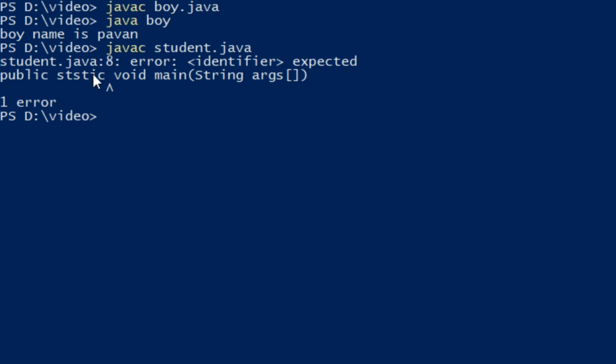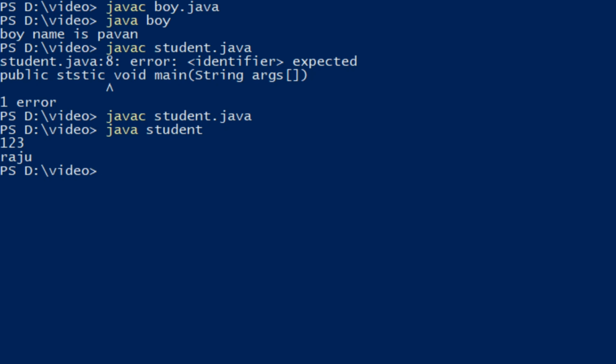Here we have the error, a spelling mistake in static. I will change it, and after changing, I compile it. There is no error. So java student. After printing, I get the ID as 123 and the name as Raju.